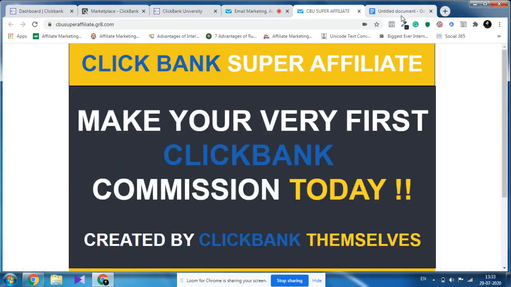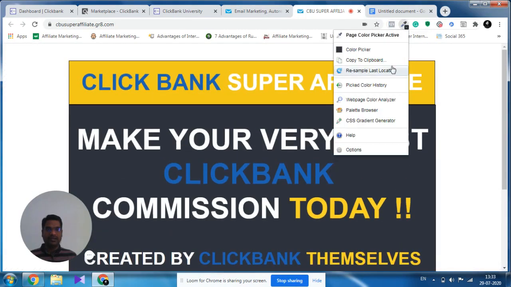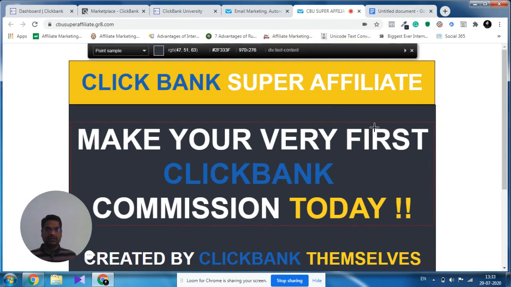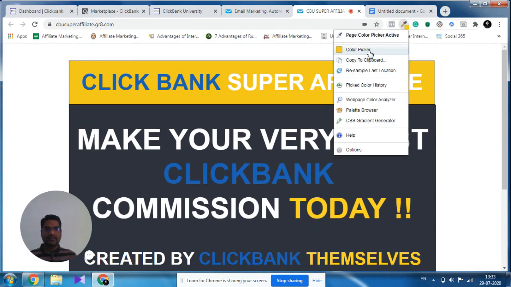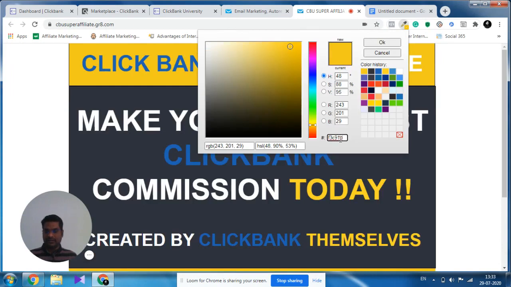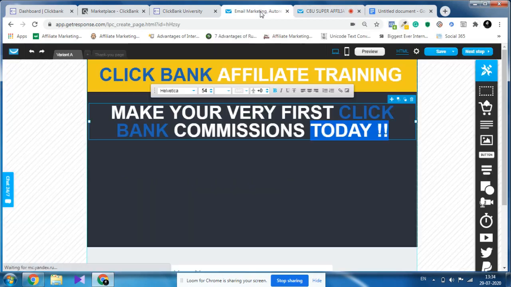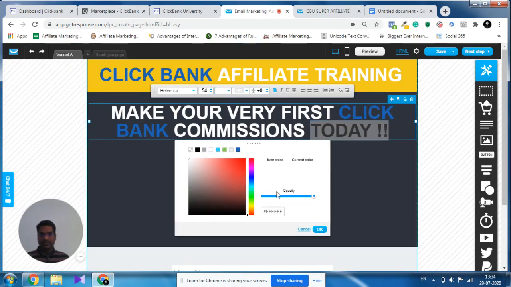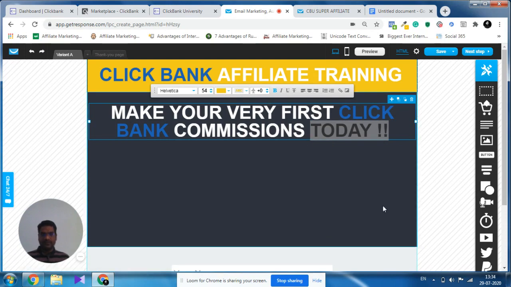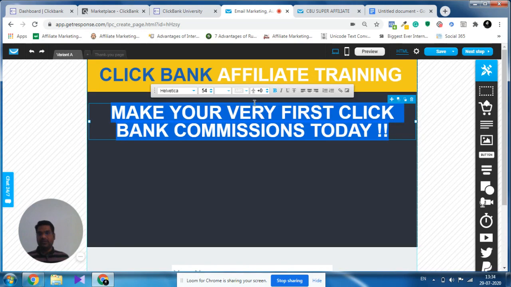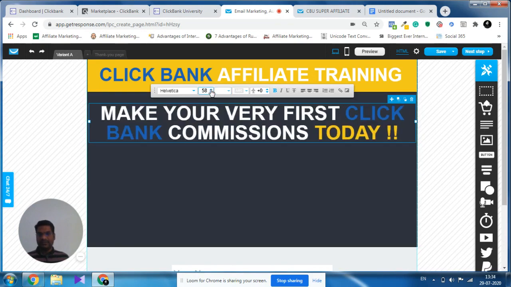So what I have to do, again I have to copy this yellow color and copy this color code and paste it here. So it's done. Okay. So I'm going to increase its size now.